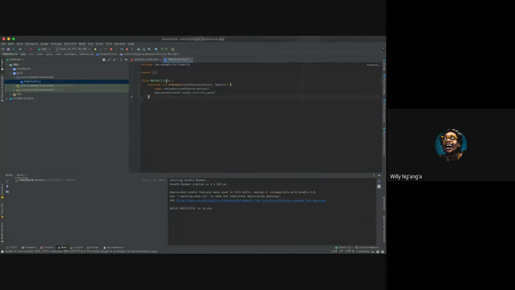And as I said last time, a class is a blueprint that defines the properties and the behavior of